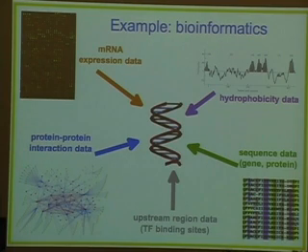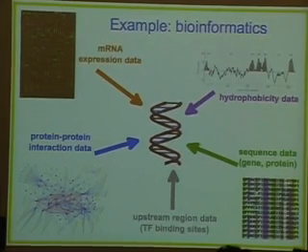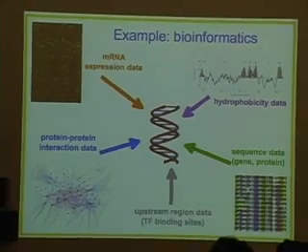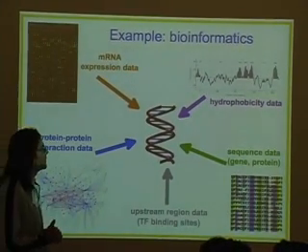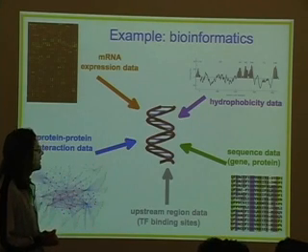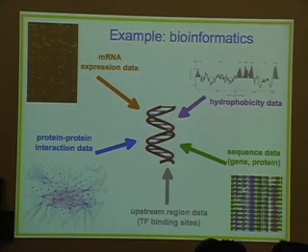This is another example of an application that I've been working on quite a lot in the last 3 to 4 years in computational biology. So imagine, for example, that we're looking at an animal or a human being, and we're looking at a whole bunch of genes or proteins there, and we try to predict what is the function of those genes or proteins. Then there's a whole diversity of information again that we can use to try to make those predictions. We can expose those genes to different experimental circumstances and measure whether they're up or down regulated.